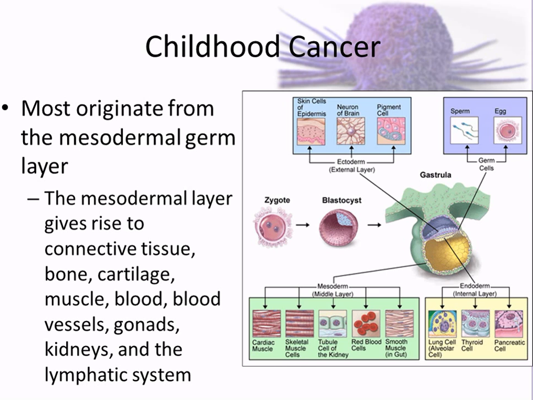So childhood cancers. Most of them actually stem from the mesodermal layer. So as you're growing and developing, that's the connective tissue, that's the bone, that's the muscle layer. It's the middle layer. The ectoderm is the skin and nervous system. The endoderm is anything that's like hollow organs, GI tract, lungs, urinary tract. And the mesoderm is anything in between. And it's usually that mesoderm that has the flaws. So it's typically in like connective tissue or muscle cancers in children.